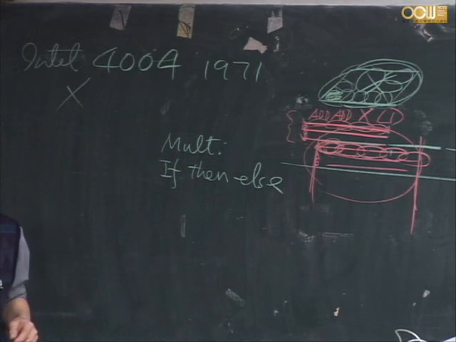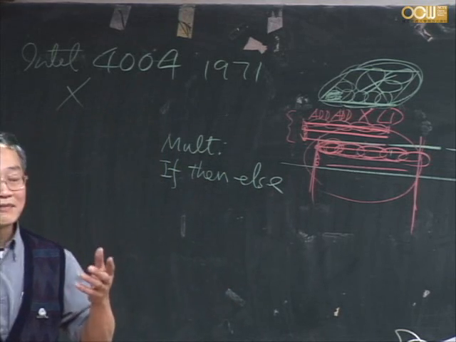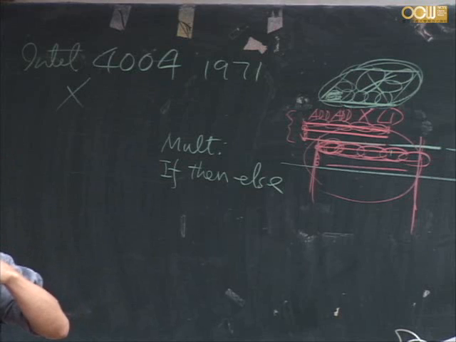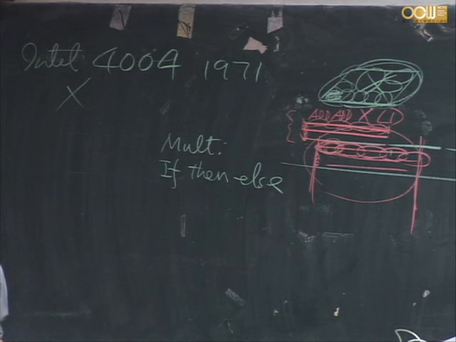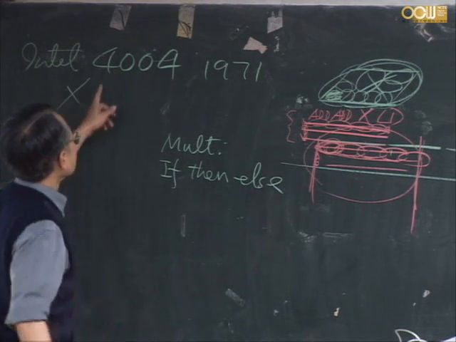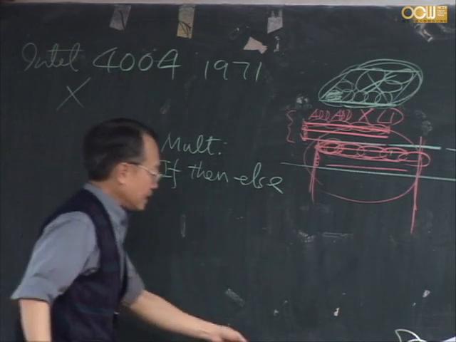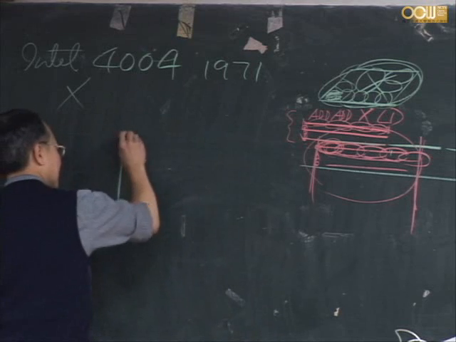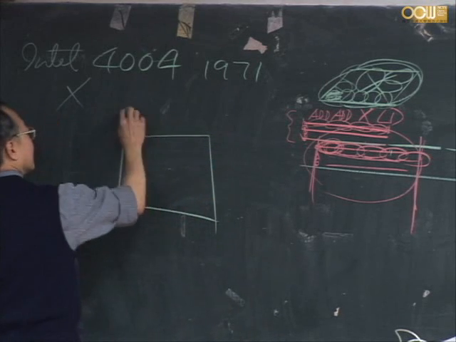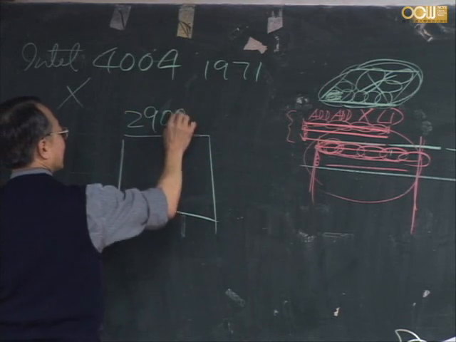I have instructions like all kinds of Fortran or C statement-like forms. Do you want to do that? So what the 4004 did was, for its 29,000